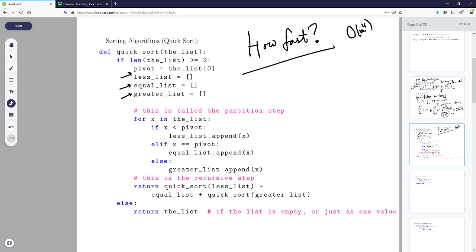So you make 3 lists, and then you go through the list that you're going to sort. Notice that I call this thing the pivot, which is list 0, so it's just the first element. If it's less than the pivot, it goes into the less list. If it's equal to the pivot, it goes into the equal list. And if it's...